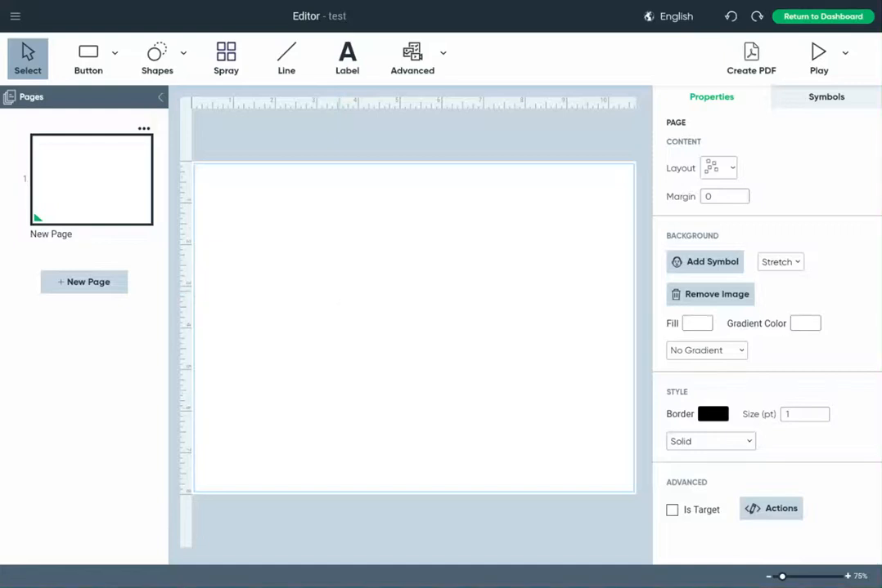Hello, the purpose of this video is to show you how to create buttons in Boardmaker 7 and how to create those symbols. So in order to create a symbol, you're going to click on button, and most typical symbols